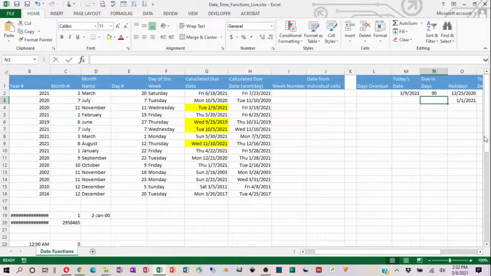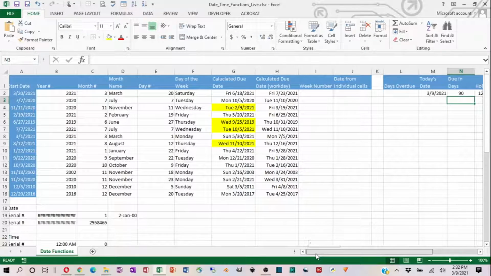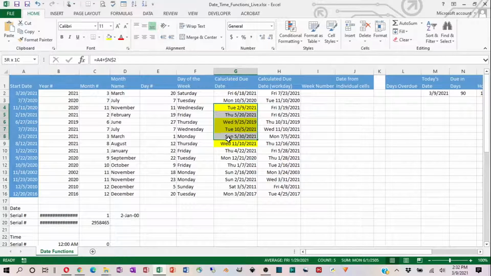Okay. Now, we got all these dates in here. Let me unhighlight those because they're not important anymore. So I'm still having to go through here and I need to calculate if any of these are overdue. So what I'm going to do over here in column L is another very simple formula. Okay. I'm going to subtract